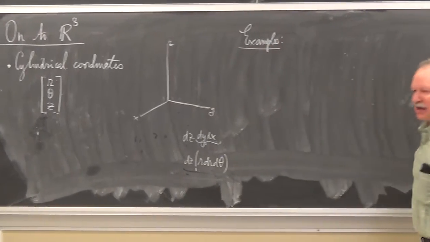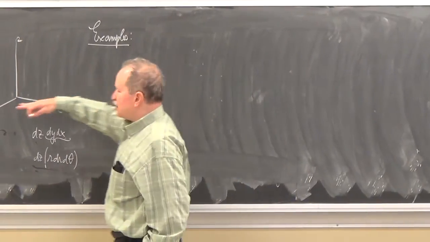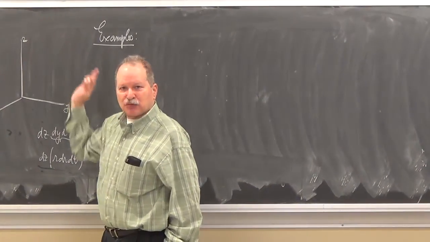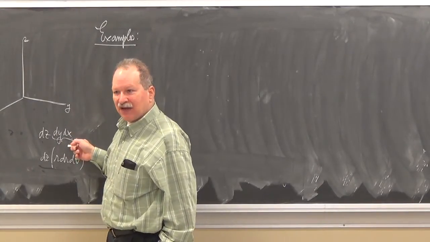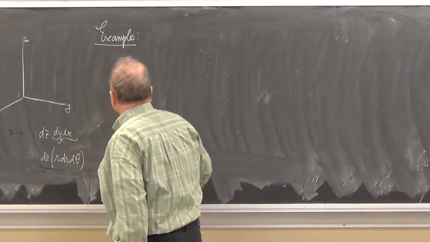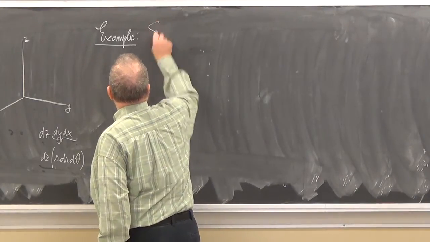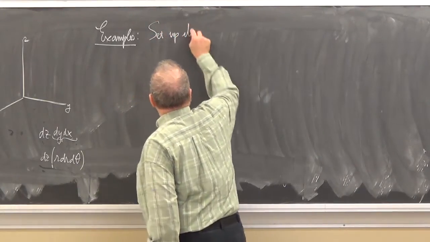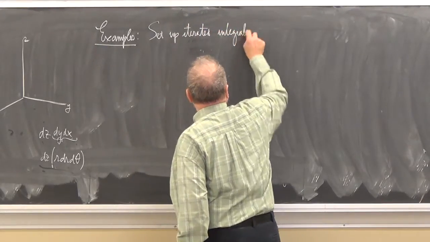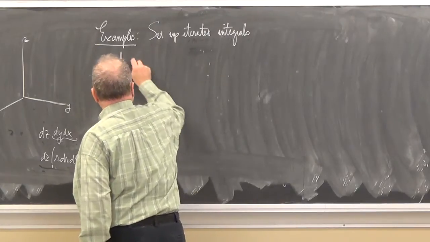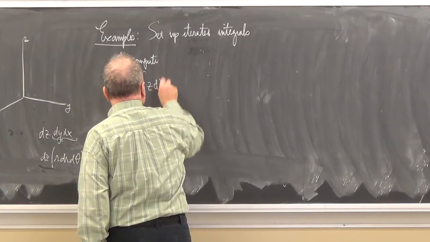I mean, generally, as you have already experienced doing your homework, the hard part is getting an idea of what the region looks like and how to project it into the appropriate two-dimensional plane. And then after that, it's usually pretty easy. So let's do this. Let's set up iterated integrals to compute, let's say, the integral of z dV over omega,